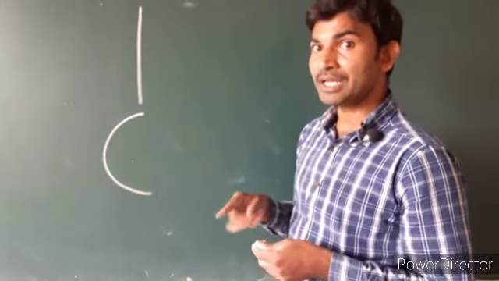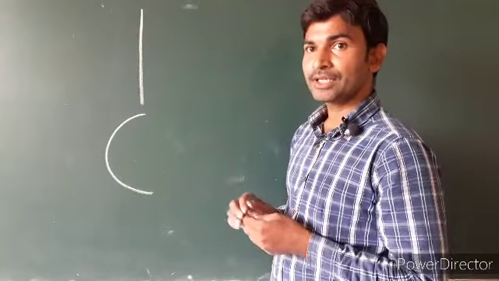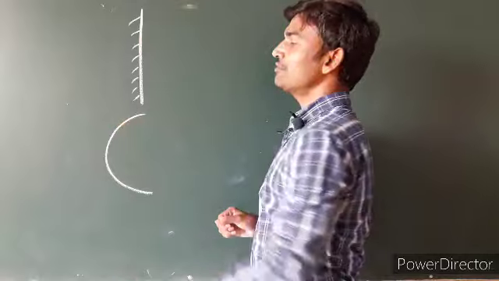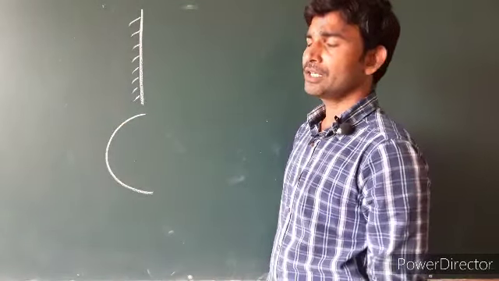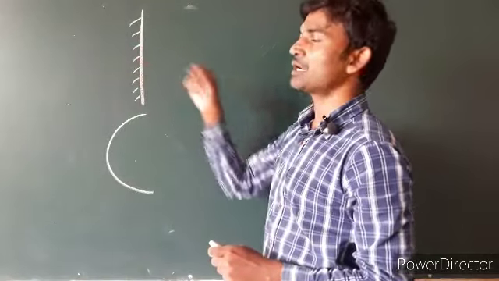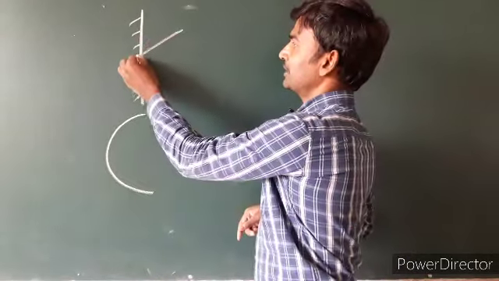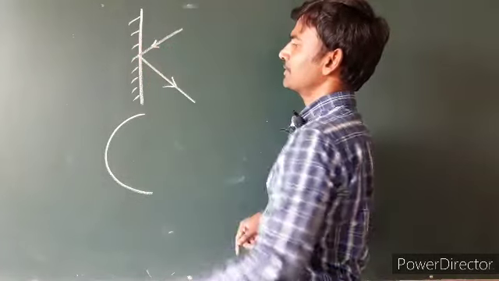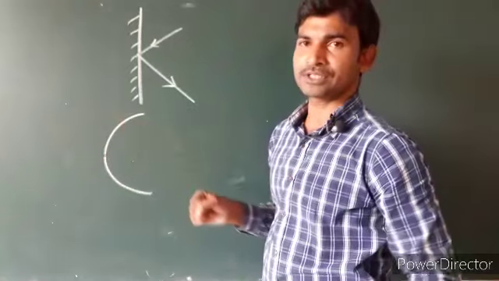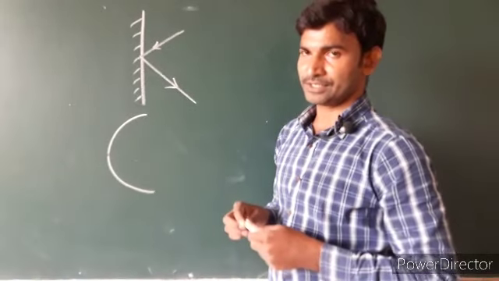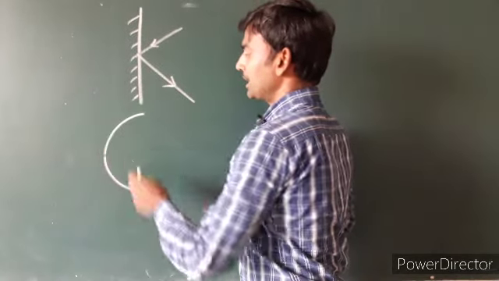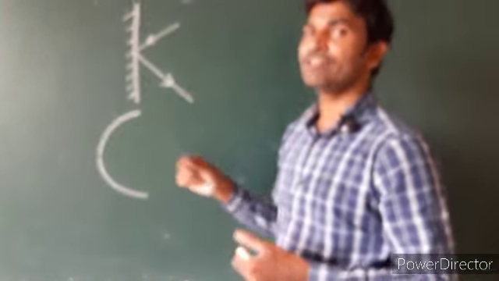Already we have seen plane mirrors also. What do you mean by plane mirror? How will it become a mirror? If you silver one side of it, it will become a mirror. Before silvering, light can pass through it, but after silvering it cannot pass through, it will get reflection. So here also, light can pass through this curved surface, but if you want a reflecting surface we need to silver it.